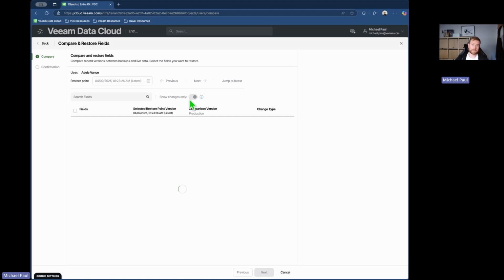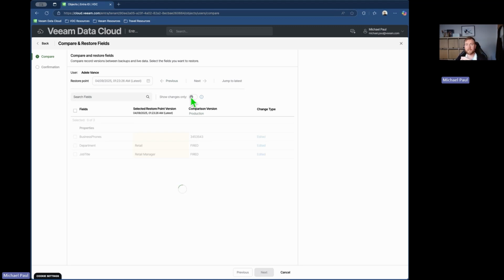However, it's possible to disable this as well, and then we can just view all of the attributes. You can see here, I added a phone number under business phones, I changed department, and I changed job title. And I can select any of these attributes. It hasn't got to be all of them, and I can restore them back. And if I unfilter these show changes only, you'll then see that comprehensive list of attributes that we are protecting